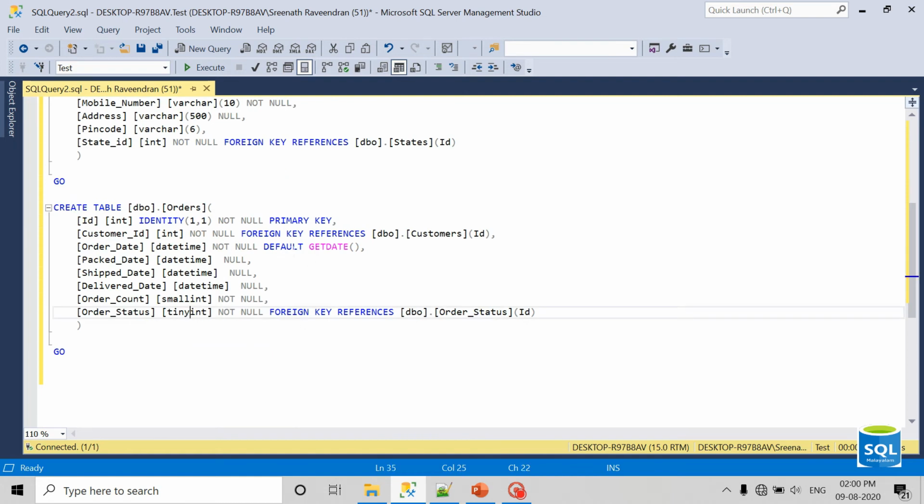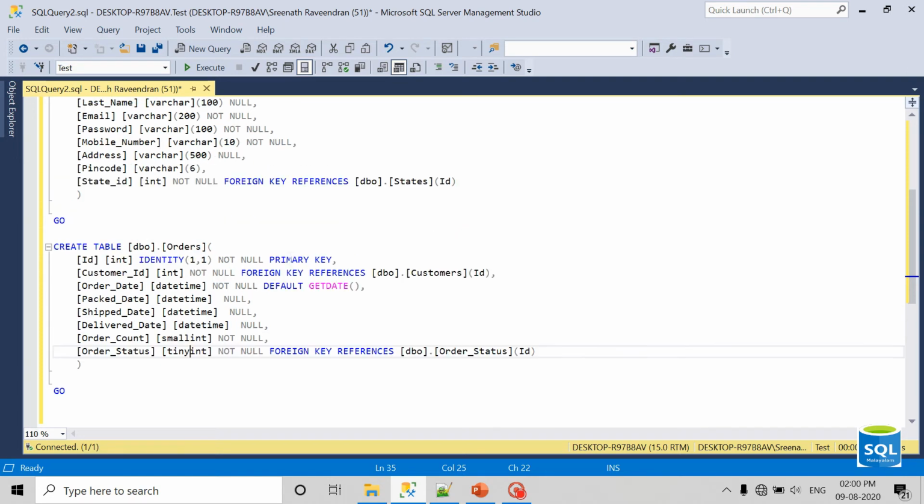And if you can see, there is a default value I'm setting here. The default constraint is nothing but, if I insert a new record to the orders table and I don't specify any value for this order date column, then the default value that I set, getdate, which is the current date, will be inserted. So if I try to insert now, the current time will be saved to the order date column. So that's the purpose of a default value.